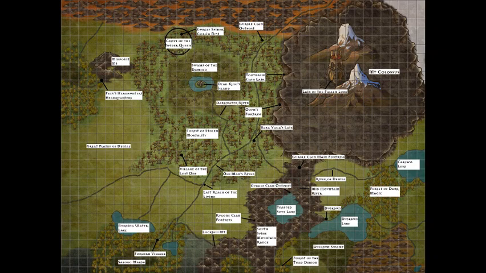Gotcha. Okay. So if I was a character playing in this world, would I know, like, Village of the Lost One? Would I know to call it that? If I were to pull up a map? Yes. Oh, okay. So these are commonly known names. Yes. The only ones you might not know are Baba Yaga's lair, you wouldn't know where that is